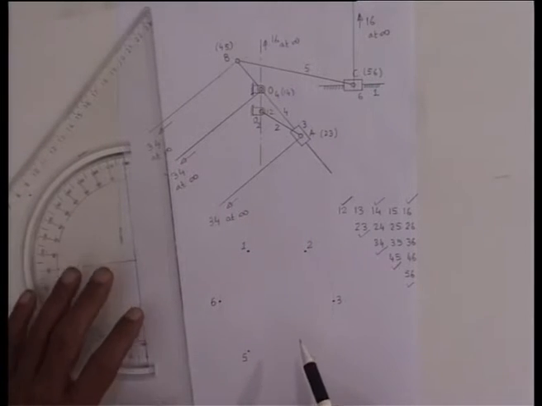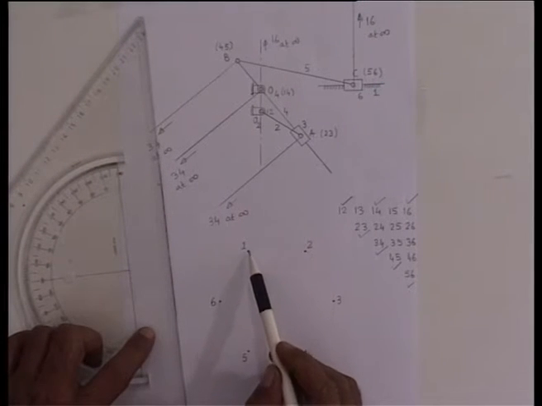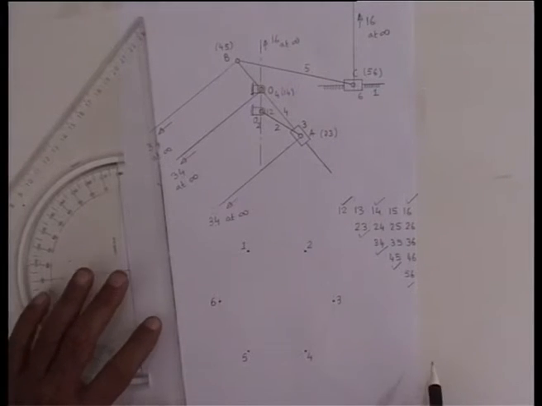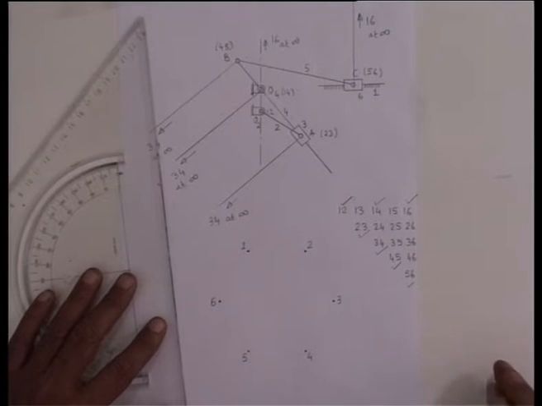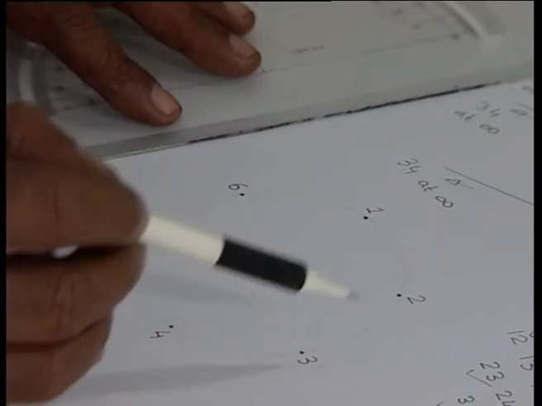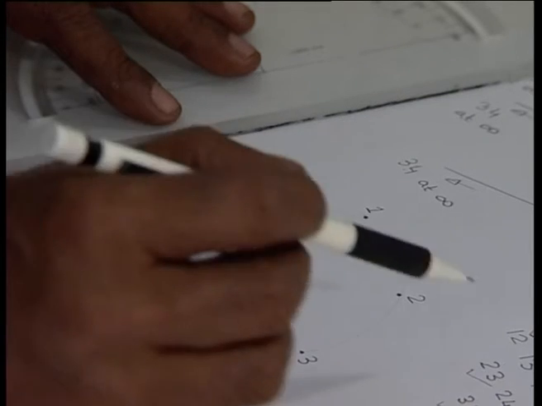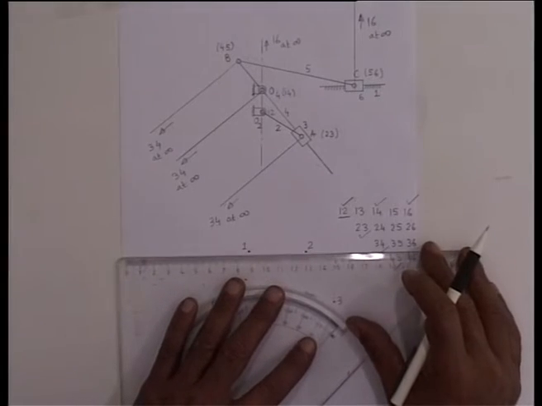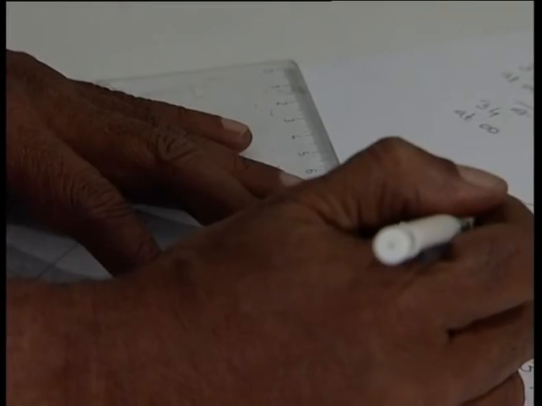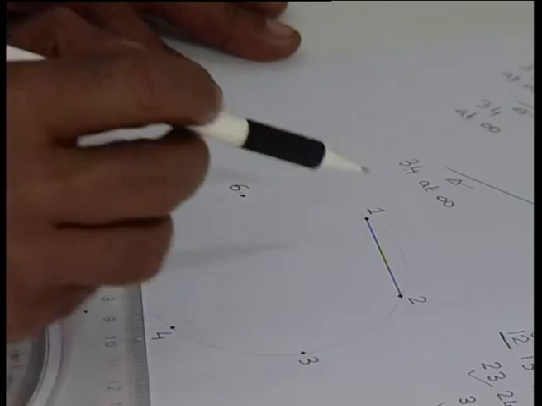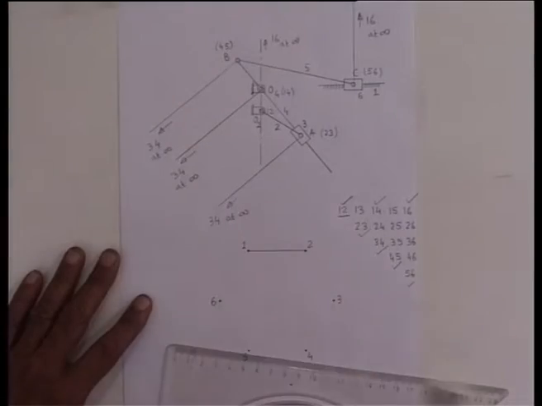To do it systematically, I put these link numbers 1, 2, 3, 4, 5 and 6 at equal spacing on the circumference of a circle. This diagram is in fact called a circle diagram. Here links are represented by these numbers 1, 2, 3, 4, 5, 6, and if this relative instantaneous center 1 2 has already been determined, then I join 1 and 2 by a straight line 1 2. This line represents the relative instantaneous center 1 2, and if the line has been drawn, that means this has already been located.